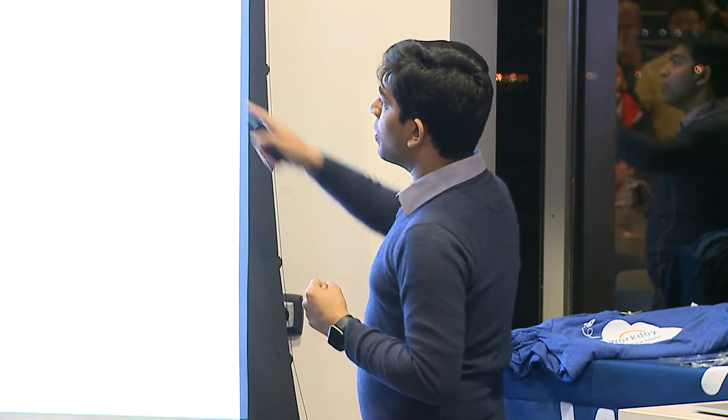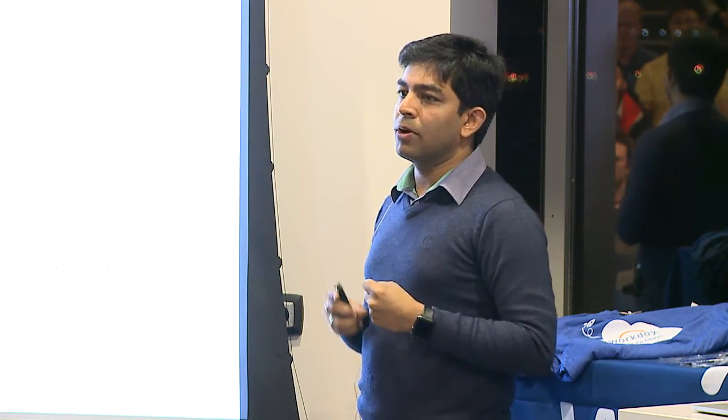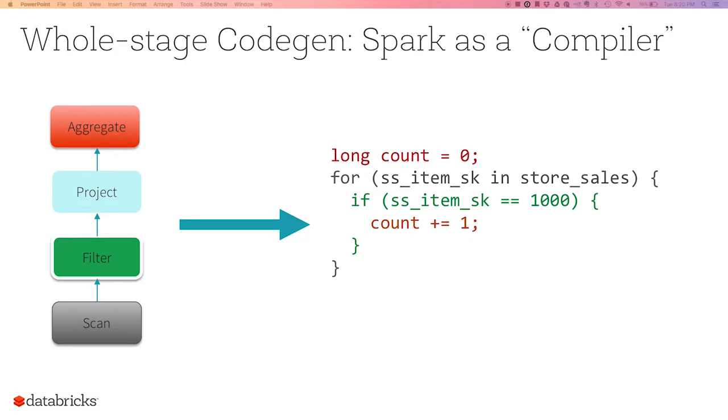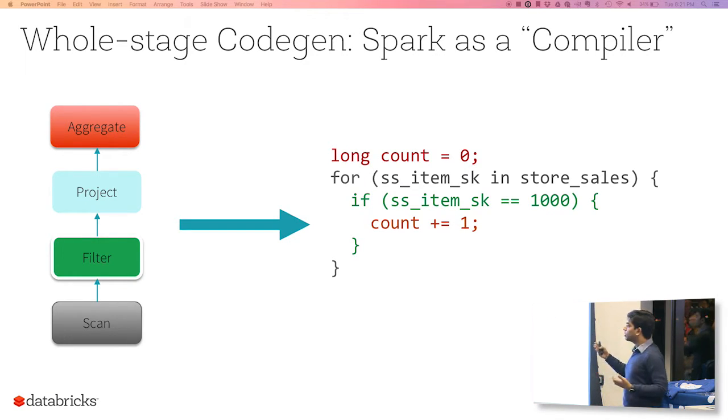And going back to the downsides of the Volcano iterator model, if you look at the first one, the code that I just showed you has no virtual function calls. In the second case, all the data is basically being stored in CPU registers. There is just a single count variable that's incremented every time. And finally, this type of code is pretty easy for compilers to understand. So a lot of modern CPU features like branch prediction, pipelining, prefetching can actually be leveraged